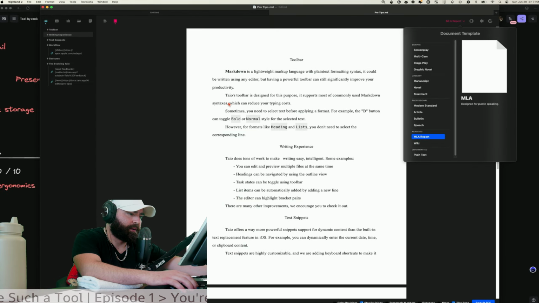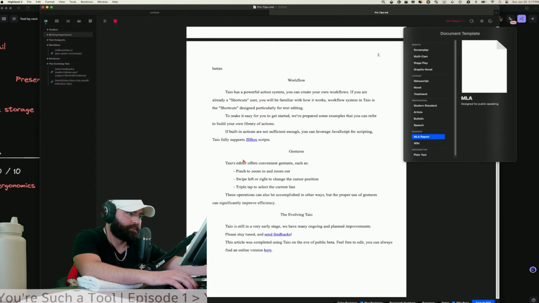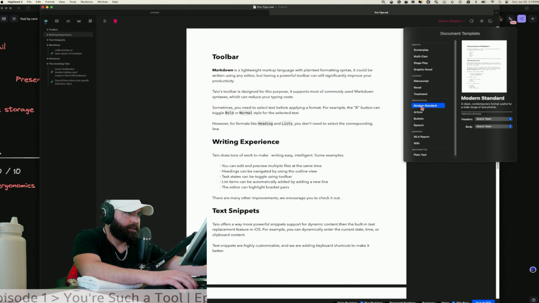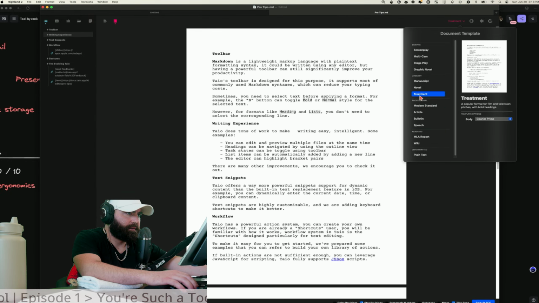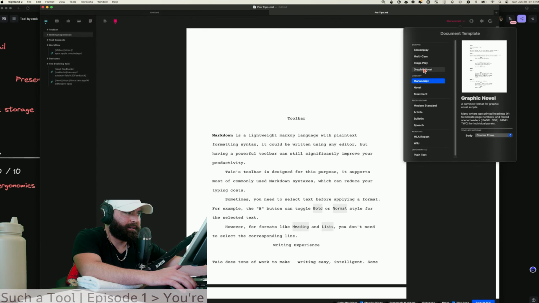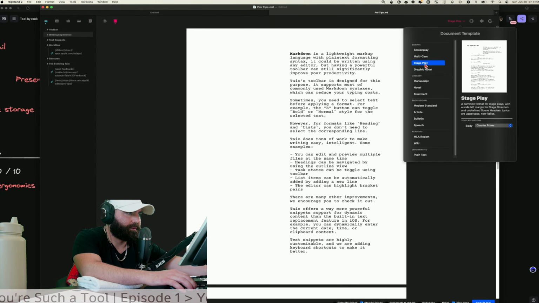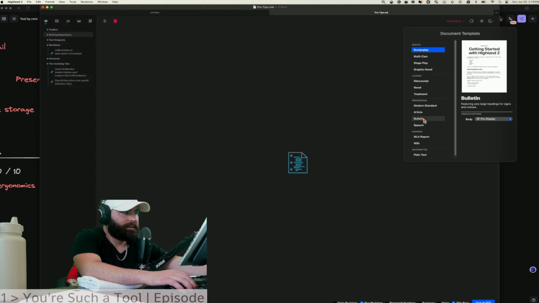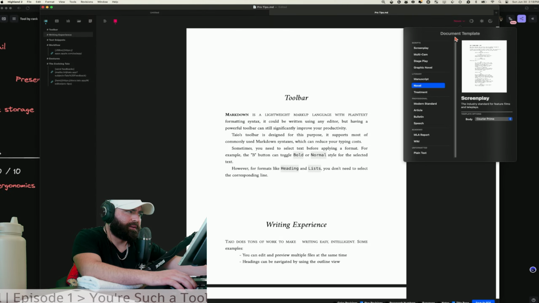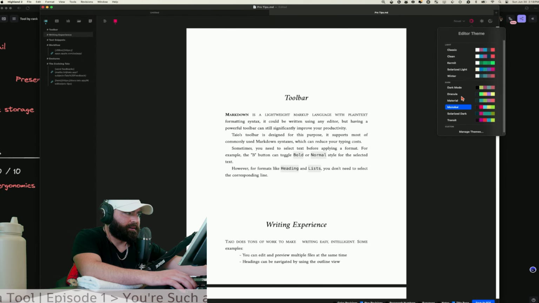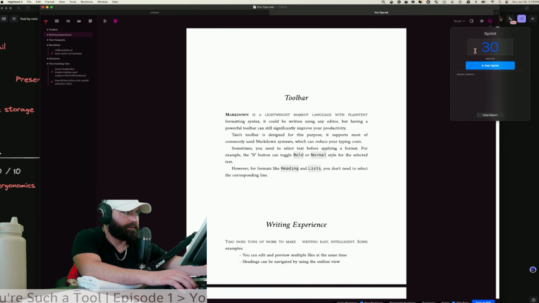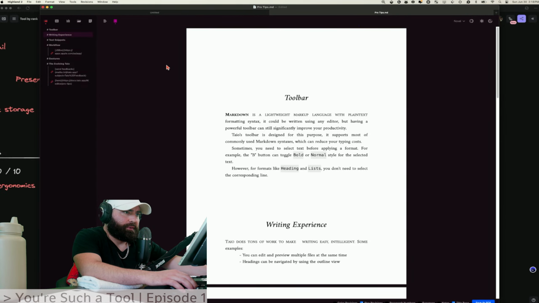To view data, or even just a quick way to clean up your own writing and have it look more presentable. So, MLA, article, speech, modern standard, treatment. Oh, I like that one. A novel. See, that's pretty cool. And I would manually never even know really where to get started with some of this stuff. So it's neat that it's there, and really more or less a way that you can stand out at your company, your job, and then it's easy enough to change the formatting. It has a little timer for writing and whatnot.